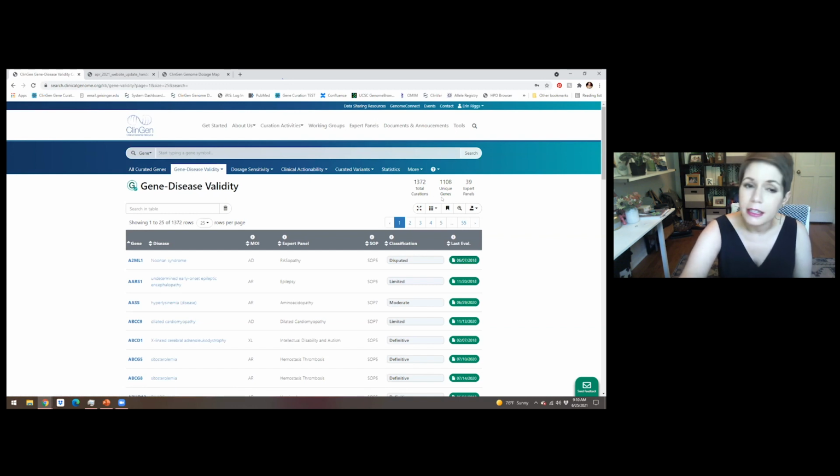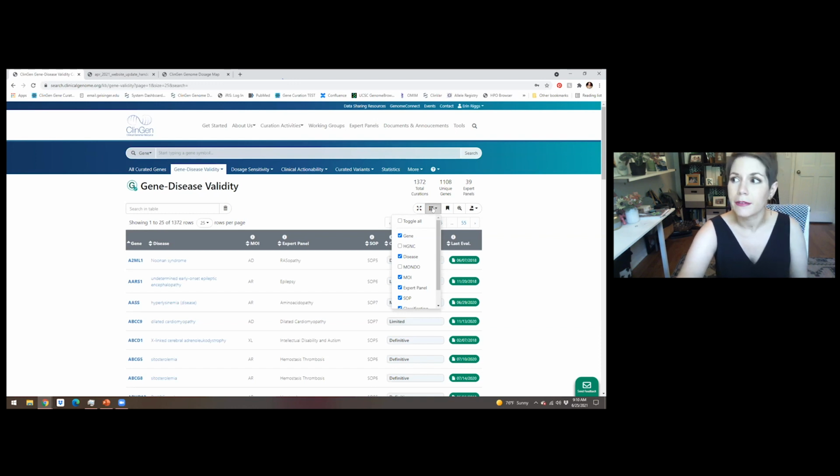You're seeing different tallies than we were seeing on the other page. Here we're telling you the total curations, the number of unique genes, and the number of expert panels. On this page, I will show you the show and add columns again, because here it's a little bit more interesting. We have a few more options. Here you have the option of adding the HGNC ID for the gene, the Mondo ID for the gene,